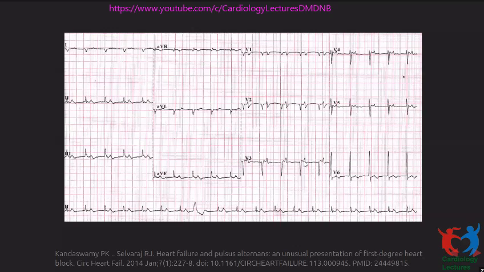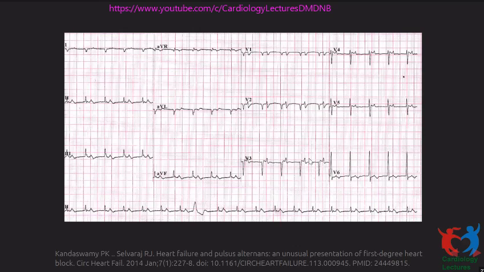So this also becomes a sort of vicious cycle, because once patients develop symptoms because of this, they develop sinus tachycardia. And when they have sinus tachycardia, the RP interval gets shorter and shorter, because with sinus tachycardia, now the PR interval occupies a larger part of the cycle length. RP interval becomes shorter and worsens there.